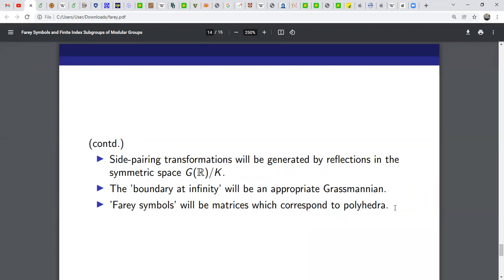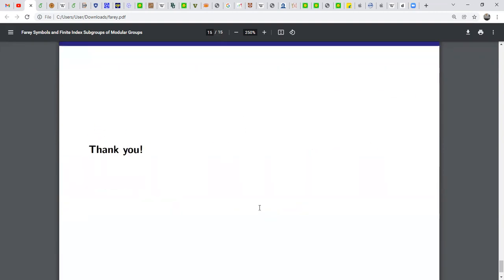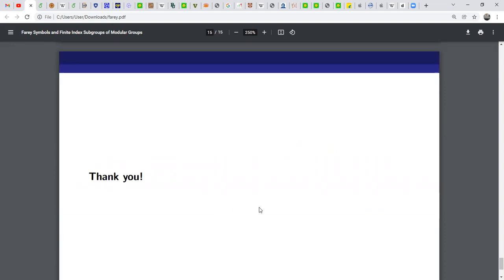So these Farey symbols, for example Farey symbols for Z[i], one could consider SL3 over Q(root minus 1), and then we will have to work with the upper half space instead of the upper half plane. Certain cases, for example certain Hecke groups, have been worked out. However, it would be interesting to investigate the rest of the thing. So I shall conclude the talk here. Thank you very much.